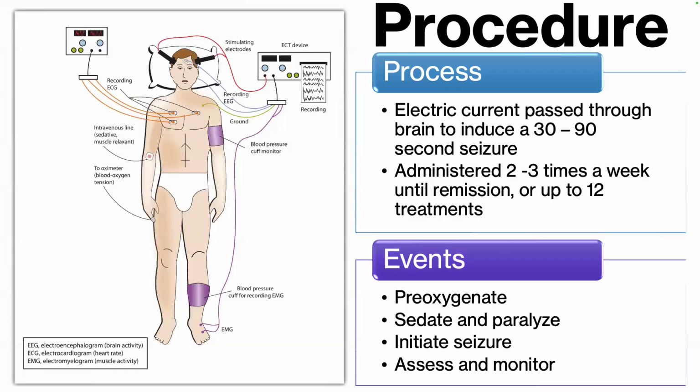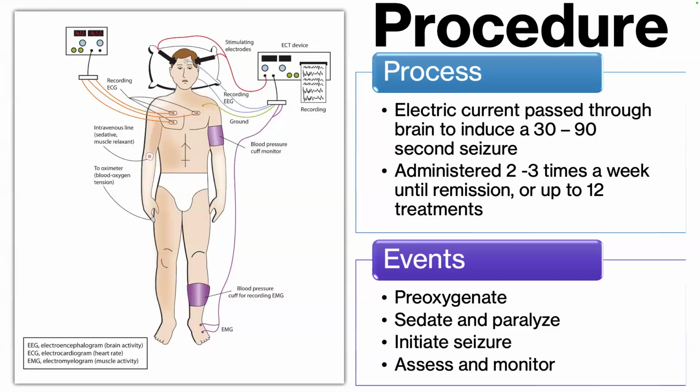Great question. So ECT is often administered 2 to 3 times a week until the patient is in remission, symptoms are getting better, up to 12 treatments. Now, somebody can have 12 treatments of ECT and symptoms recur again. We might do ECT a couple months, couple years later. You will have some patients on the inpatient unit who tell you, oh, I get ECT every so many years. When they do ECT, you want to pre-oxygenate the patient.